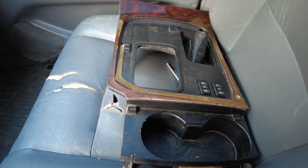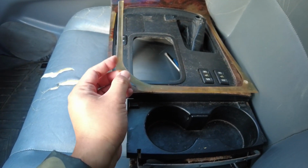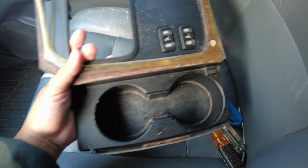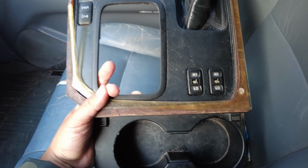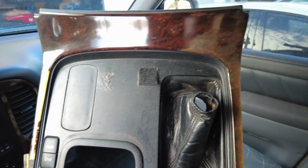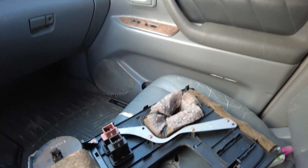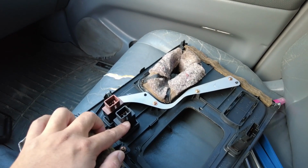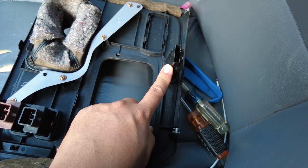So now would be a good chance, if you were doing, per se, which I should be doing actually, replacing this fake wood trim. It would be a good opportunity, or in general just to clean this guy up because it is pretty dirty. Yeah, I don't think I've ever cleaned this guy. But also, if you flip it to the back, you can see where these little switches are. So you've got the snow and the second start switch, and also you've got the seat heater switch,